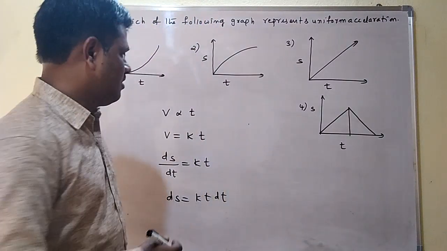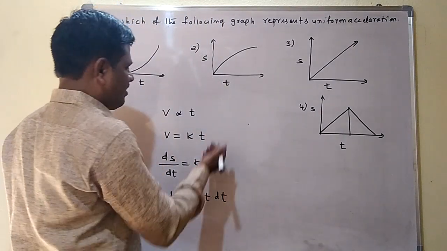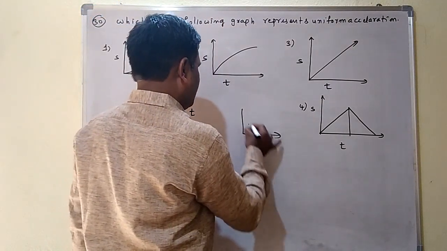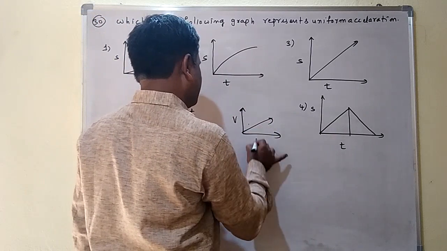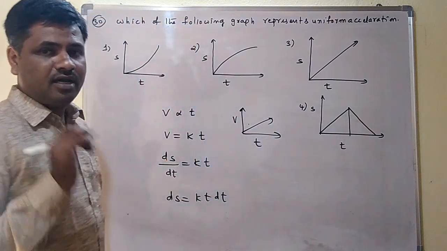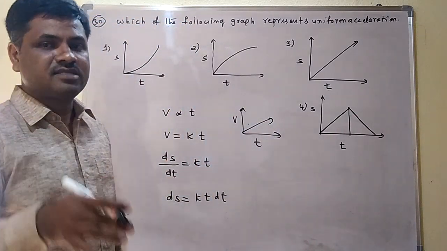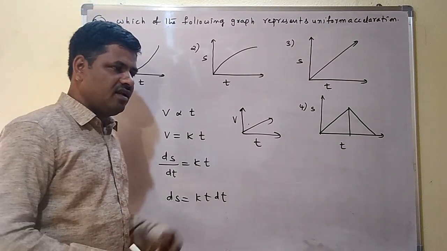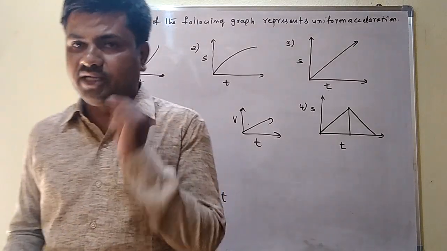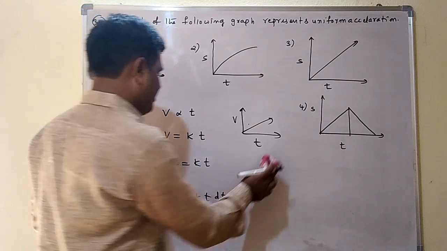So here, when drawing the velocity and time graph in the uniform acceleration, we can get a straight line. But here they are not asking velocity and time, they are asking displacement and time. So we have to find the relation between displacement and time. That's the reason we are making here